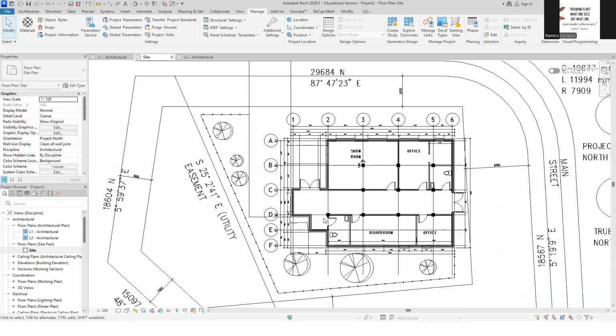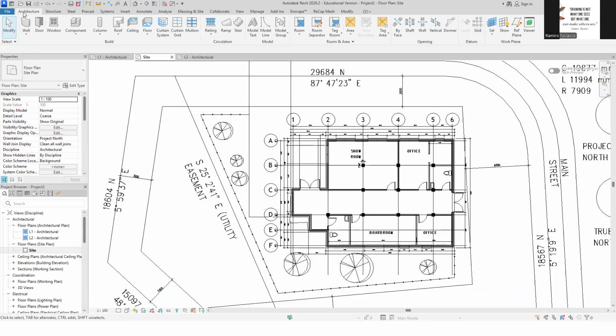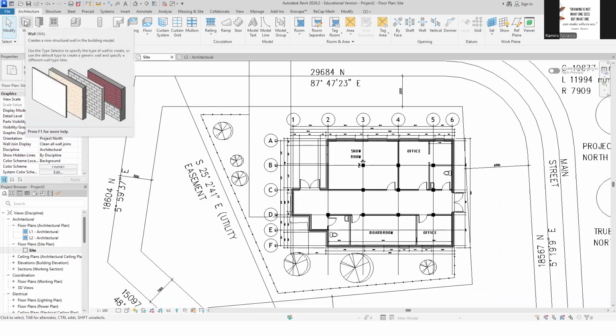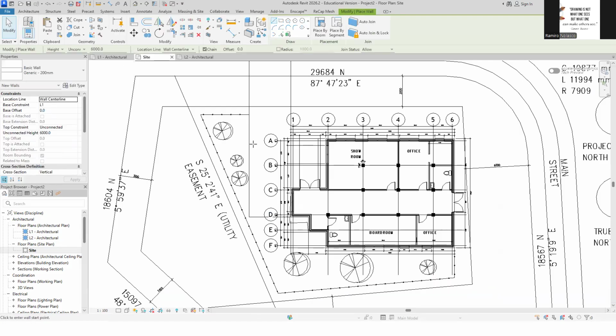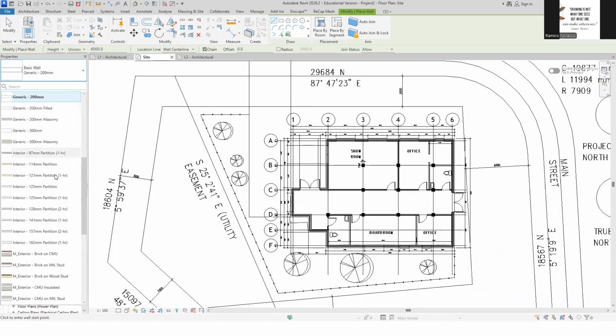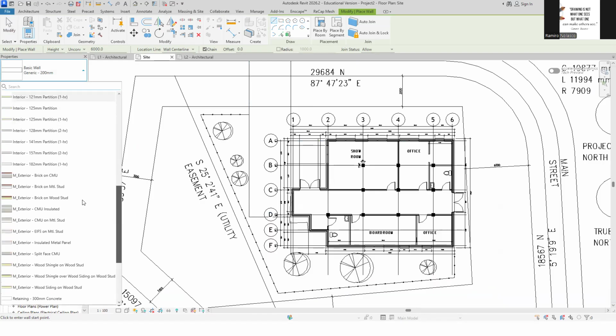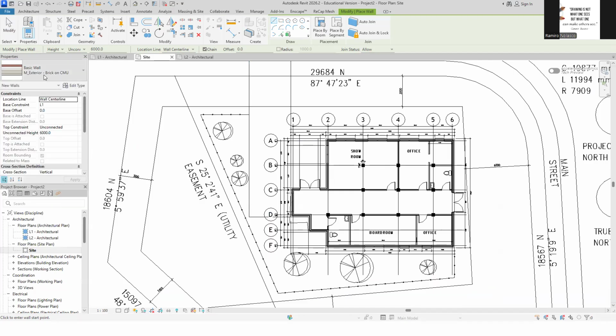How do we do that in Revit? We simply go to architecture, wall, or WA is the shortcut key. We have different types of wall here, pre-made. But because we're making one, we're going to start with something similar to what we have, and then edit the type.